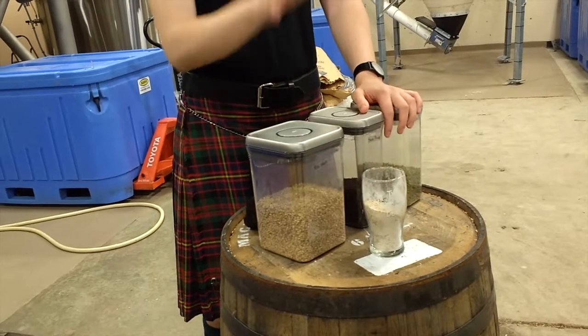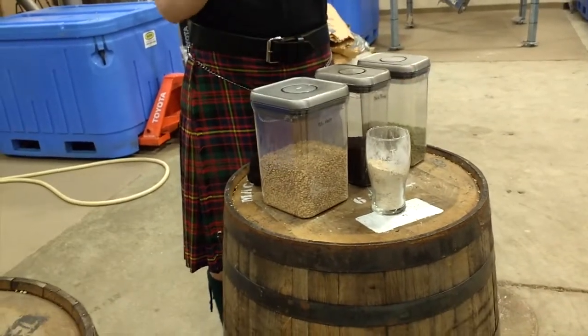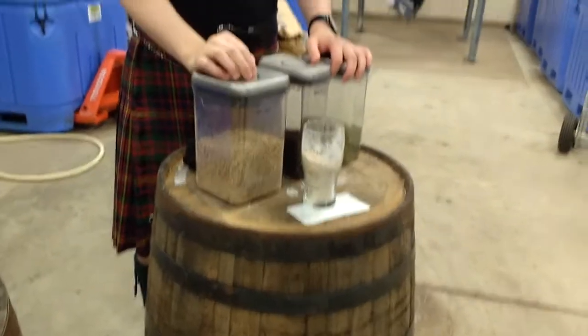So I know you know quite a bit about whiskey, but do you guys know how it's made-ish? Mm-hmm. Yeah, I know that it carries